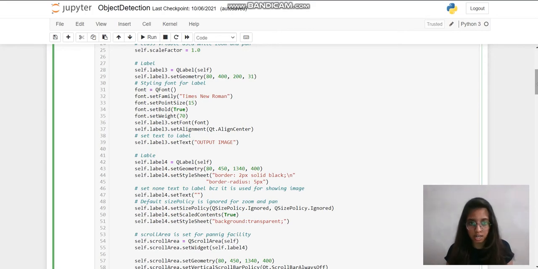Set bold is set true. Set weight, I have given a weight of 70. And then I have passed that font object to label 3's set font function, so it will set all the styling of the font of the label to this font. And then I have aligned that in the center and set the text of label 3 as